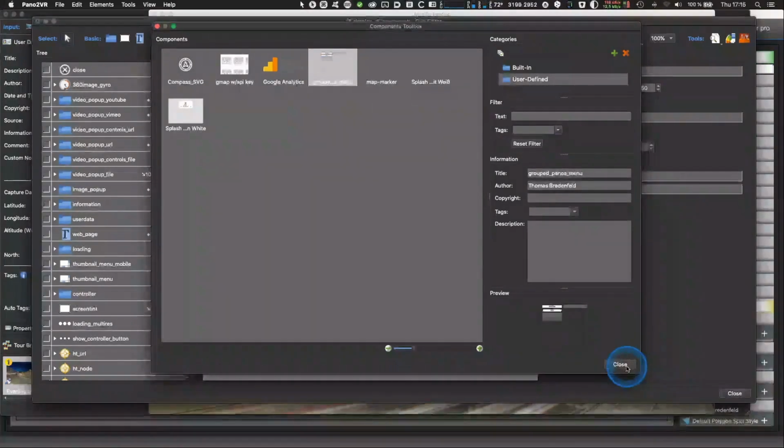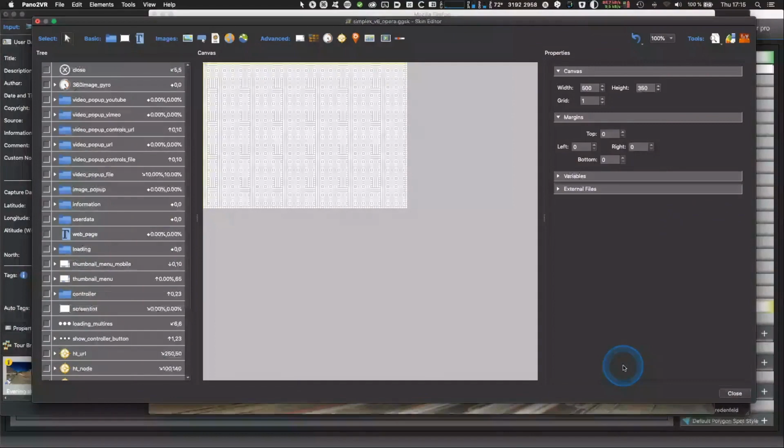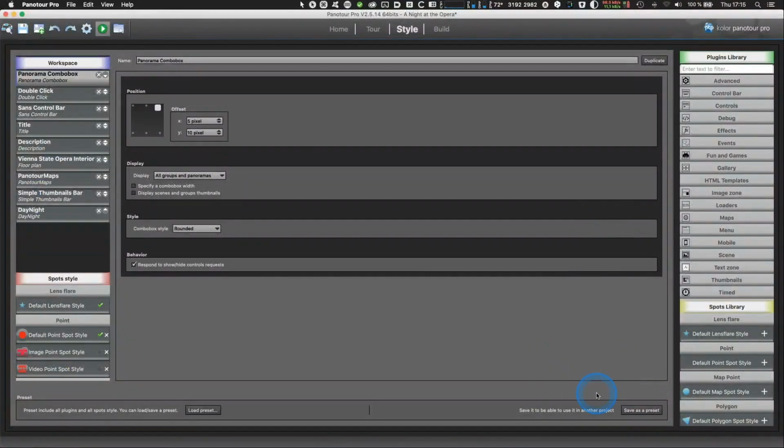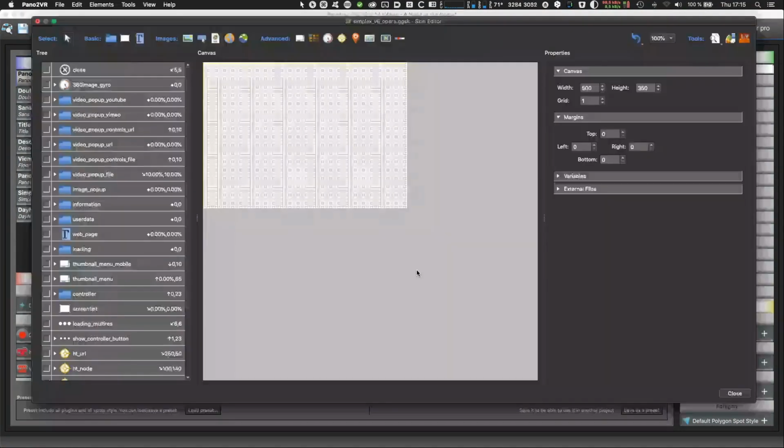And it is a little bit more close to the menu I showed in Panotour Pro. Here you have display all groups and panoramas. And you can show only the groups or show all the panoramas or the current group with all included panoramas. And I did this one. And so you have two sections, indoor, outdoor. And now I try to mimic this in Pano2VR. And here I have a prepared